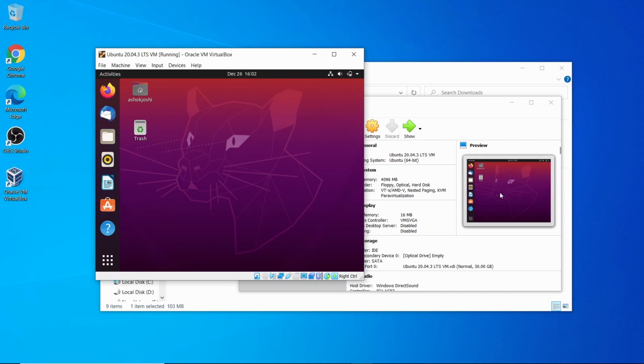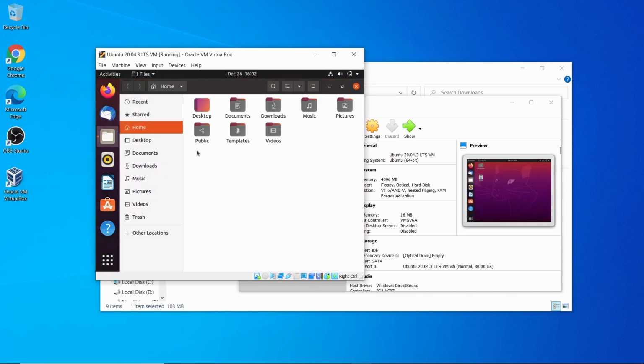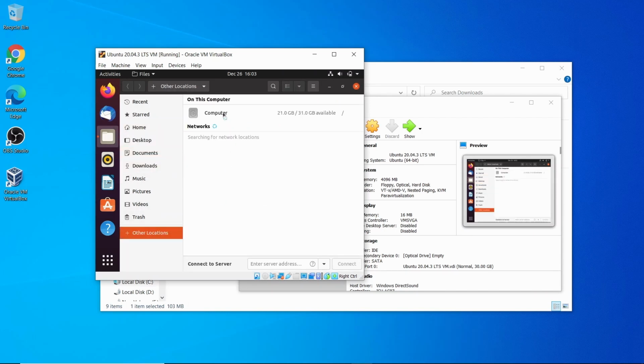So you can see whatever you are doing inside this virtual machine, you can see it here. So this is the preview window, and this is how the file looks like inside Ubuntu 20.04.3 LTS virtual machine. Click on desktop, documents, downloads, other locations on your computer.